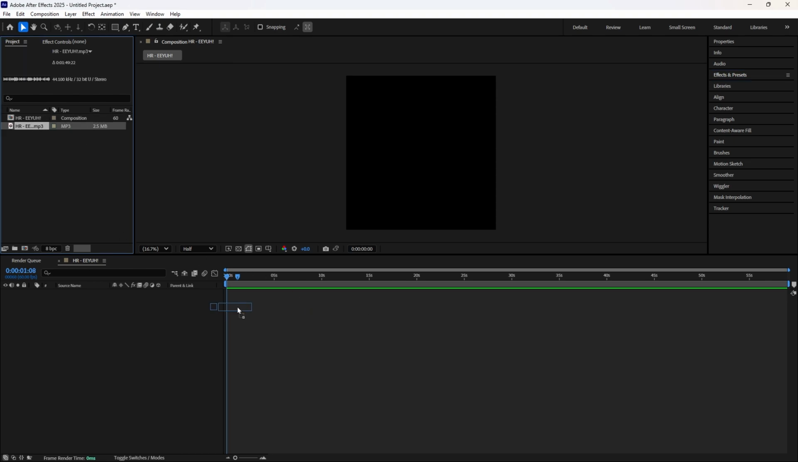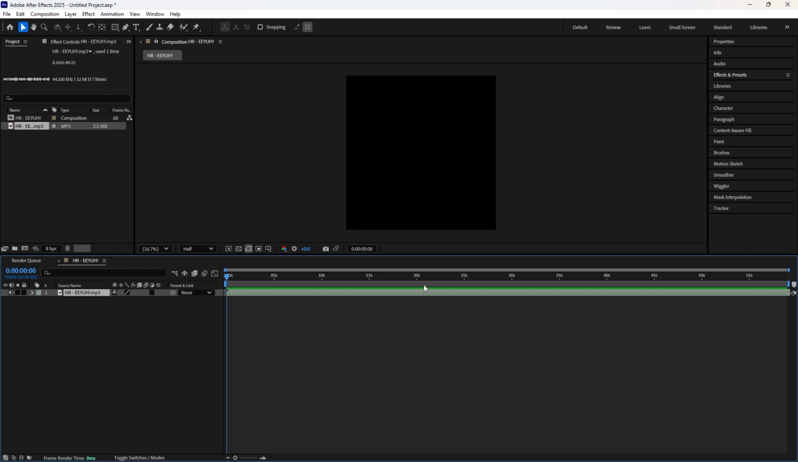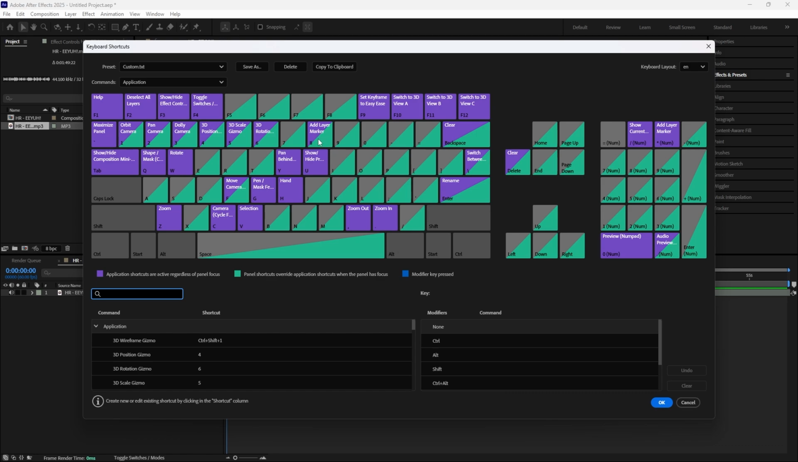So now it's here, and then I'm gonna place it on the timeline, and then I will just mark the beats. And if you don't know how to do that, you can either do that using this marker and then do that every time, but I have my keybinds to 8. You can go there by going to Edit and then Keyboard Shortcuts, and then here I have it on 8, so I know what it is, but you can just type in add layer marker and then